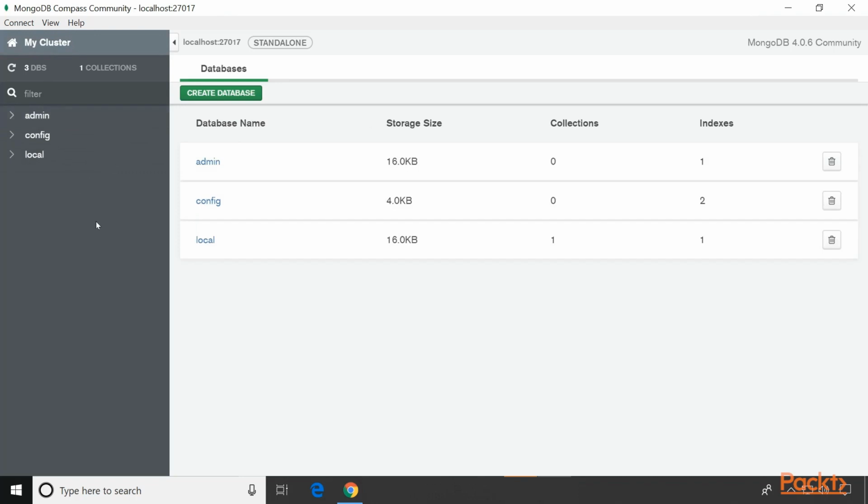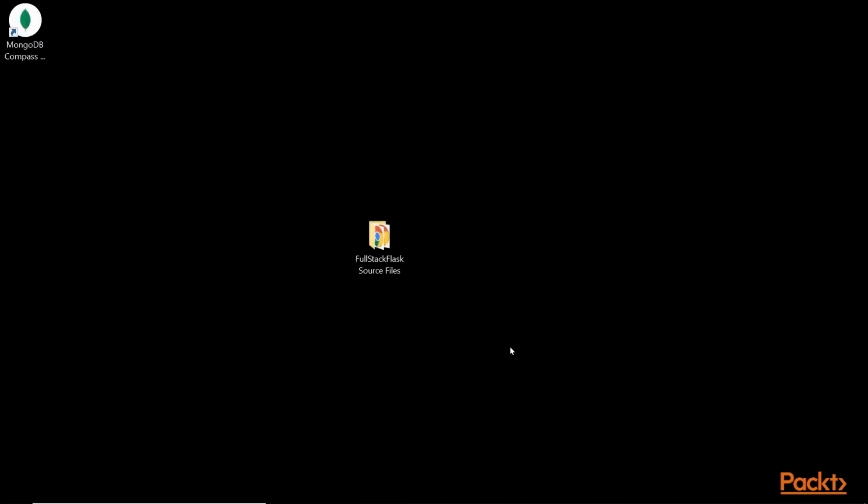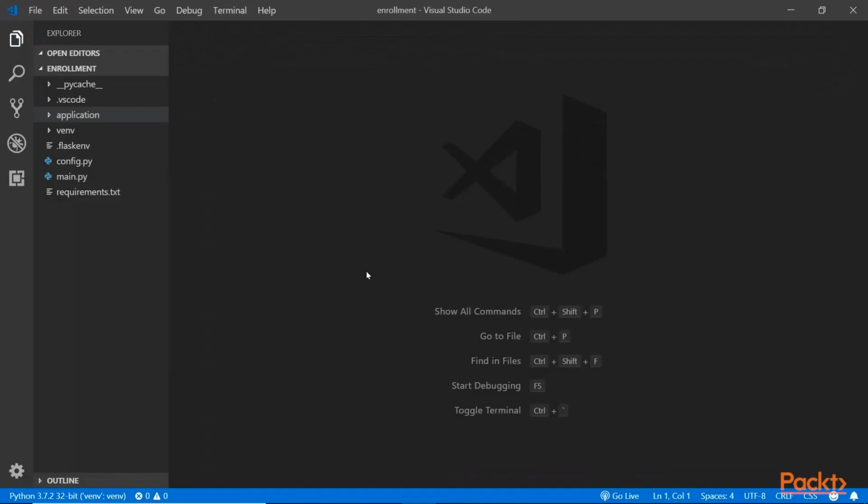Okay, so I'm going to close this for now, and let's go into the command prompt. We're done here, so click and close all of these. Okay, so now let's go into Visual Studio Code, and we need to install the Mongo engine for Flask, and that is a document object mapper, or DOM, sometimes related to the ORM, for document databases, and it is used primarily for MongoDB with Python. So let's go and do that in here. I'm going to go to the command prompt,